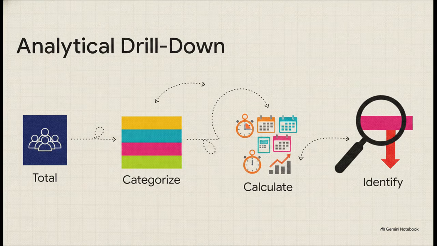So the really crucial point here is how elegantly simple yet deeply effective this methodology actually is. Let's synthesize this whole analytical drill down we've just covered. Number 1, start with your total attrition, but acknowledge it as a starting line, not the finish line. Number 2, categorize that data by organizational band or level, basically slicing up the monolith. Number 3, rigorously calculate the ratio across your monthly, quarterly, and yearly intervals to understand the momentum of the loss. And finally, number 4, use all those insights to identify the highest talent drain. This structured approach is absolutely vital. It literally transforms HR from a reactive administrative function into a proactive strategic powerhouse.